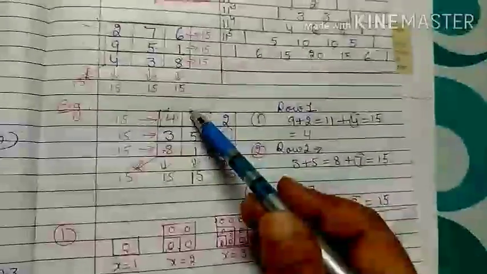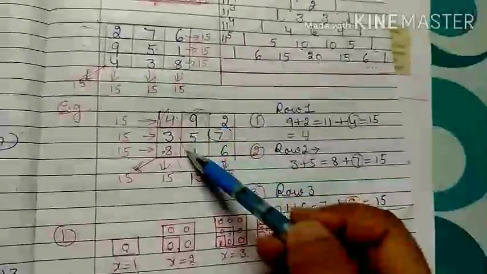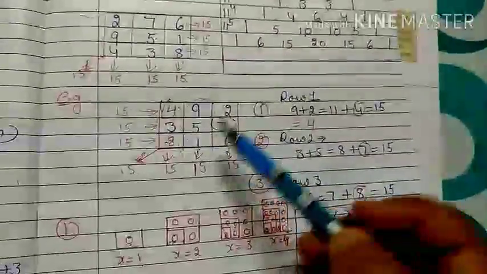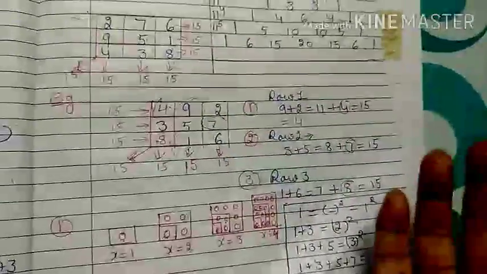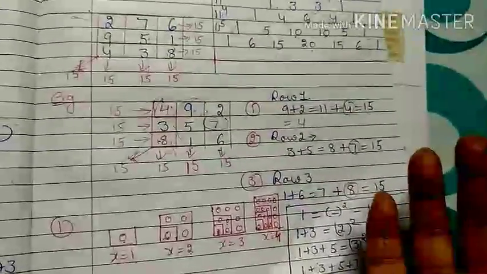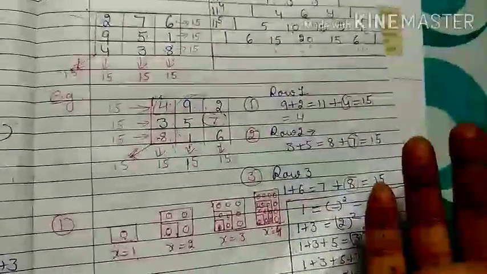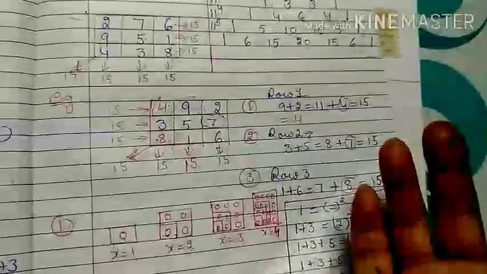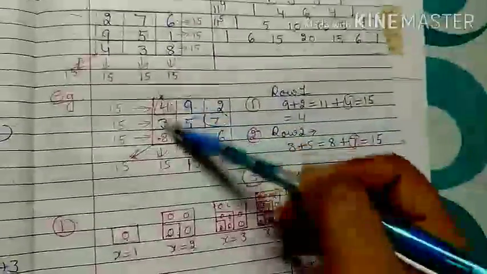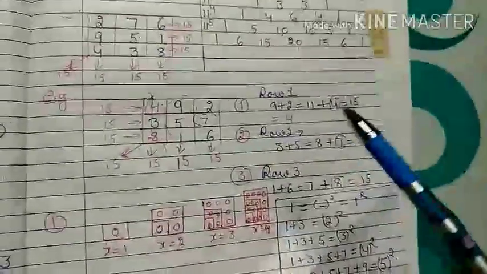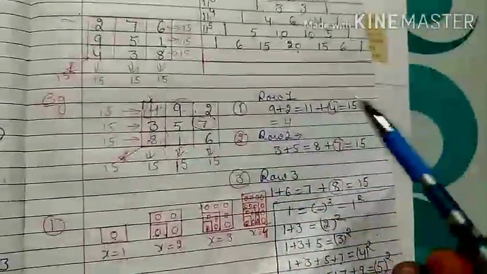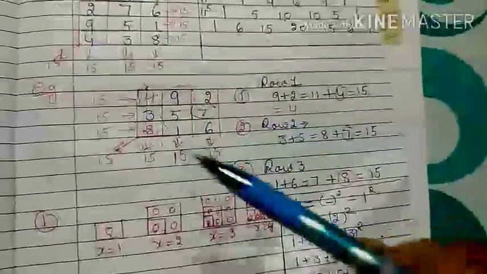I check which column is complete, and you have to start from the complete column: 9 plus 5 plus 1. I found that it is 15. From there I got the condition. Here my total will be 15. So that means all my rows and all my columns total will be 15, and the diagonals also.